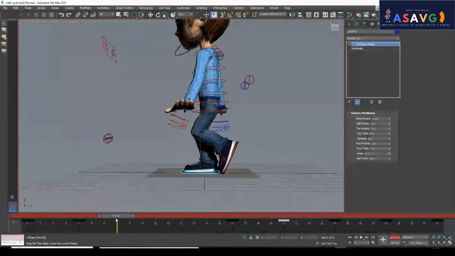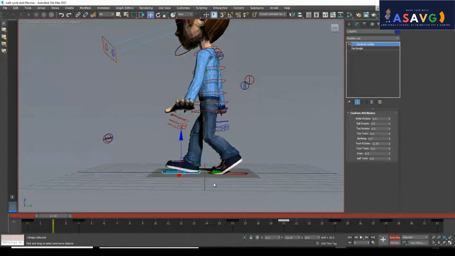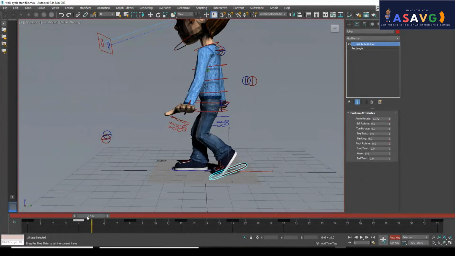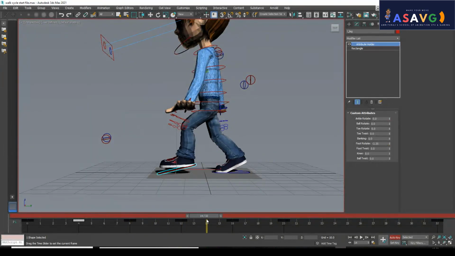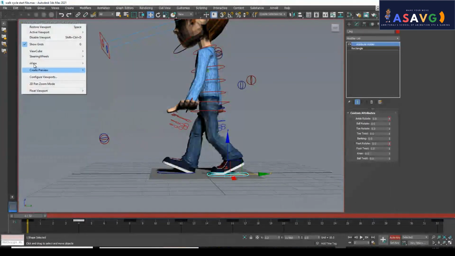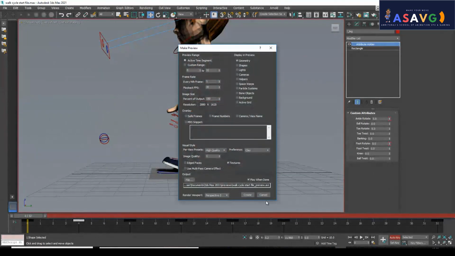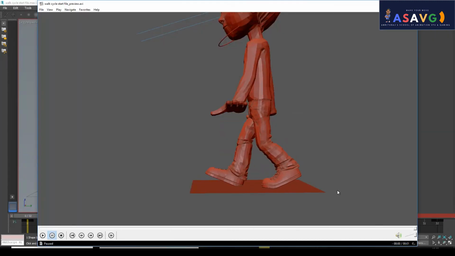Understand? So the spacing is equally important as well as the timing. So this also I will be working. Just click, move, like this. It's working. Now I will make a playblast. Make sure that we take the playblast also, otherwise it won't work. Playblast is our main final output, so make sure of that.